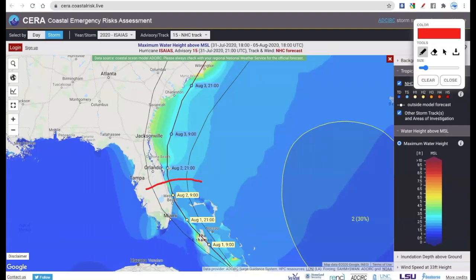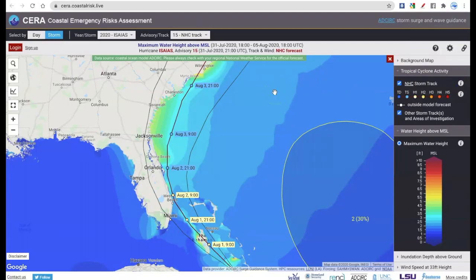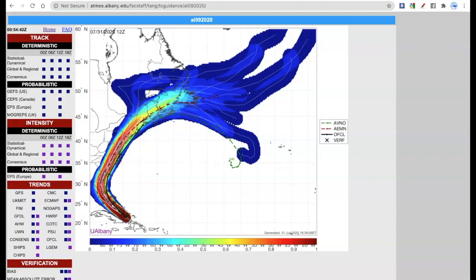So where is it going to make landfall? What time of day does it make landfall, due to the tides? So you can't say that all impacts are going to be limited just because it's weakened to a tropical storm. We still have to keep an eye out, and of course this forecast is likely to change as this is an evolving situation. So moving on from the storm surge threat, here is an ensemble prediction